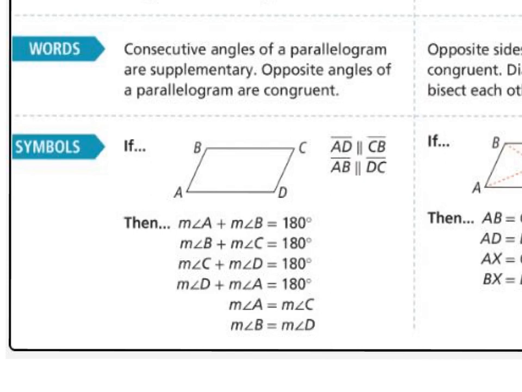Taking a look at a little bit more detail, if AD is parallel to CB, that means that bottom segment is parallel to the top segment, and AB is parallel to DC, the segment on the left is parallel to the segment on the right, we have a parallelogram. Down below, notice all the statements that are true. Angles A and B,